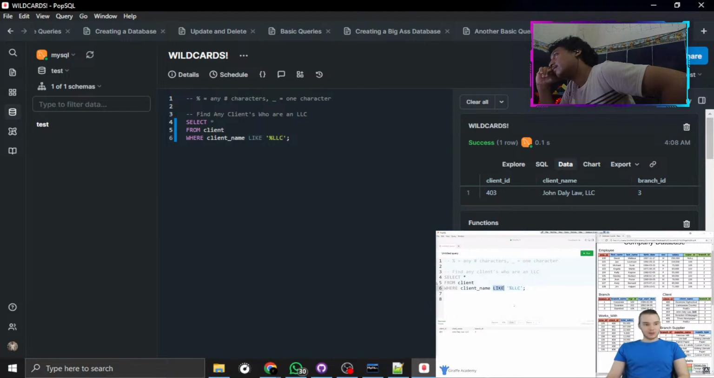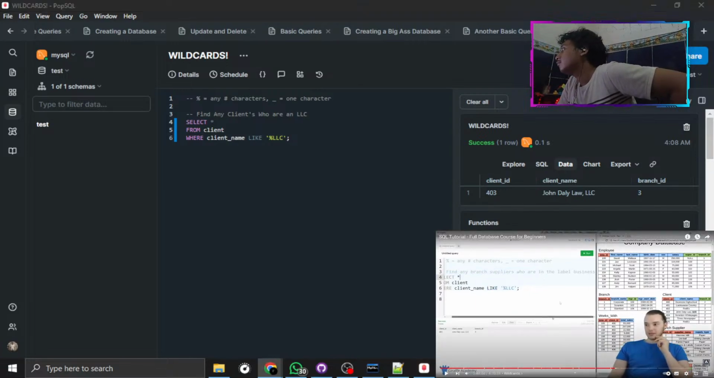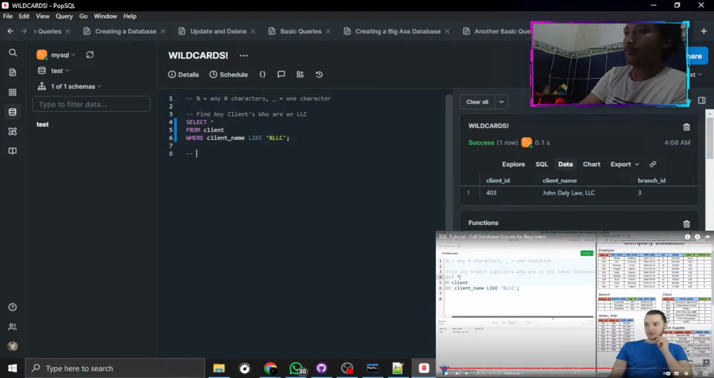So why don't we try another one? So I have another little prompt here that we can see if we can figure it out. So it says, find any branch suppliers who are in the label. Who are in the